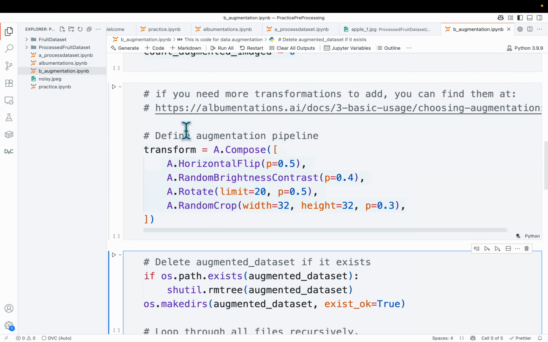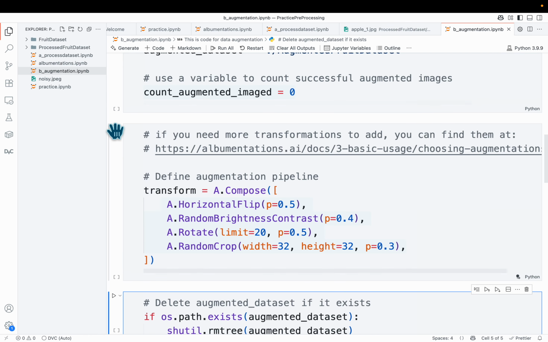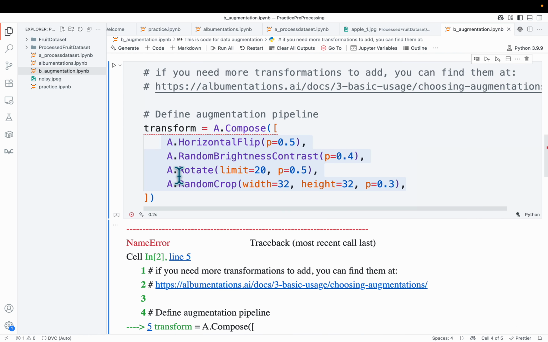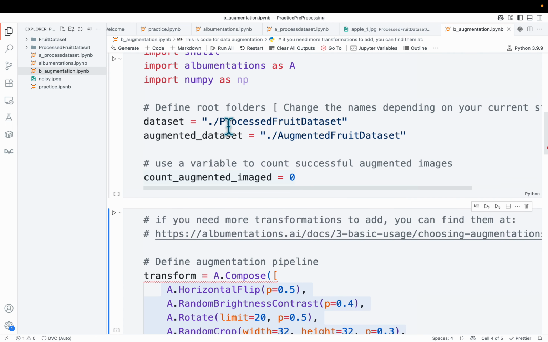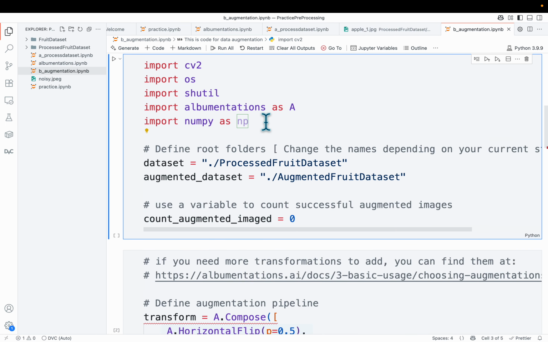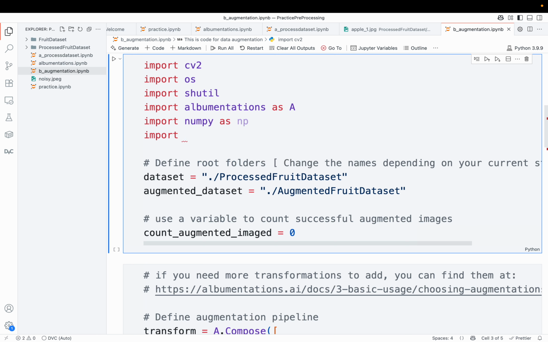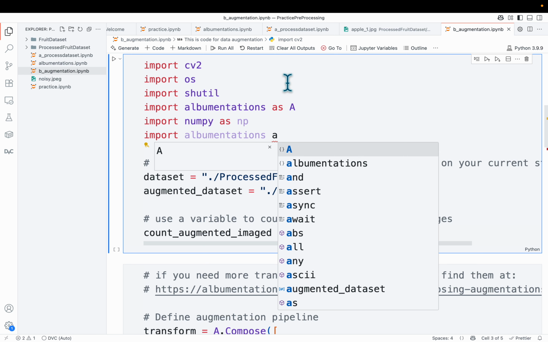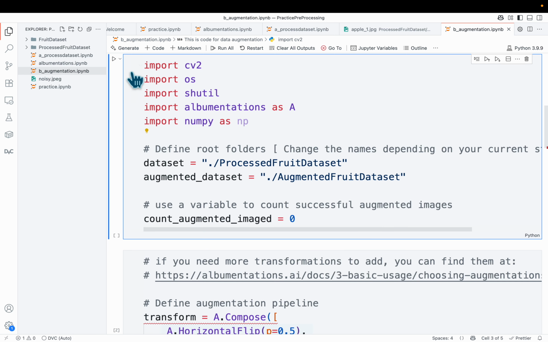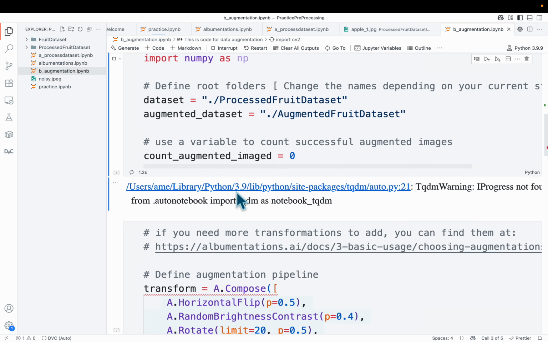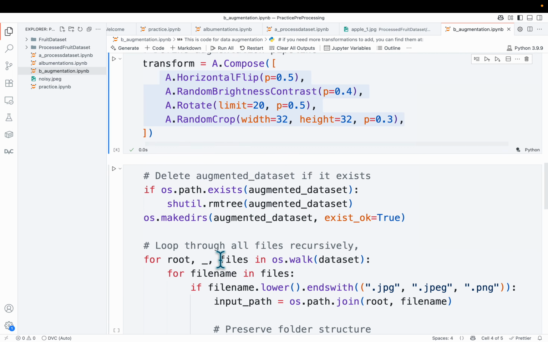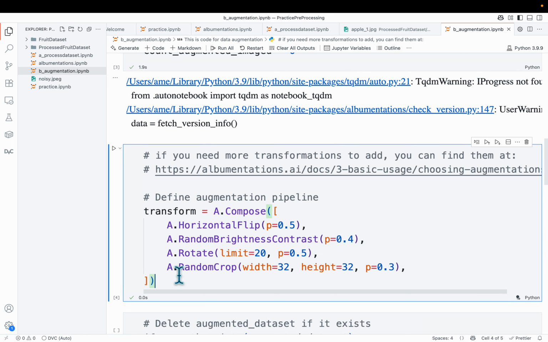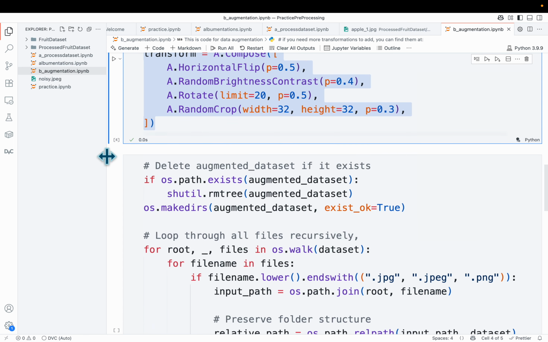Now, similarly, all I have to do is click on play. So I'm going to play this one. It says transform A is not defined. Okay, I think we have to import it. Let me write import augmentations as, wait, oh, it is imported, sorry. Let me play it again. Oh, it did not play. Okay, let's play this one. Okay, so it was not played correctly. It's fine. So I have made the transform,